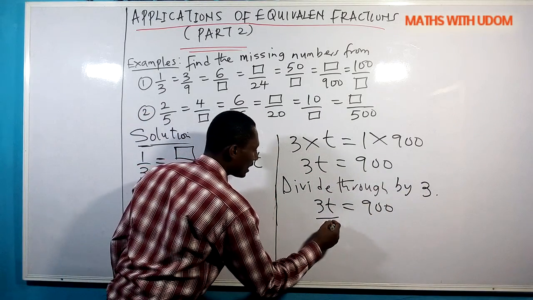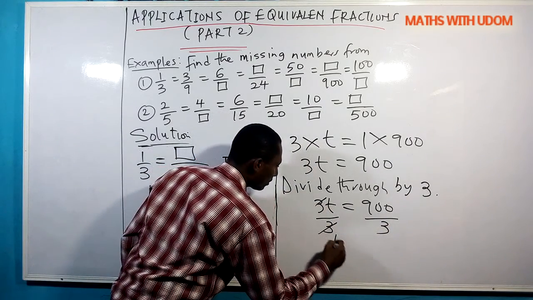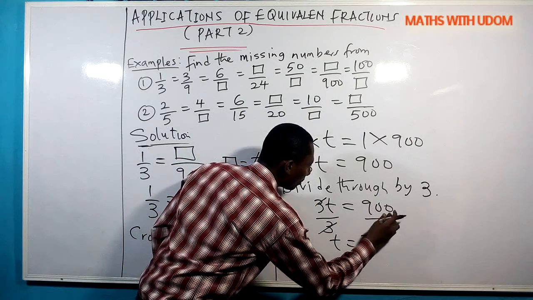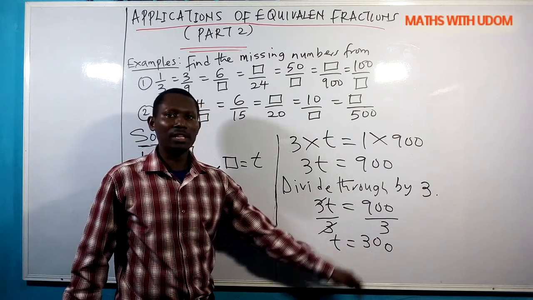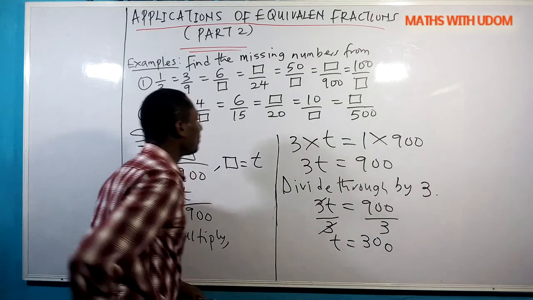That will give us 3T equals to 900. Left hand side divided by 3, right hand side divided by 3. 3 cancels 3. What is left? T. How many 3 can go in 9? 3. So we have 3. Drop the 2 zeros. So T is equal to 300. Okay? That is how to solve that. And then lastly,